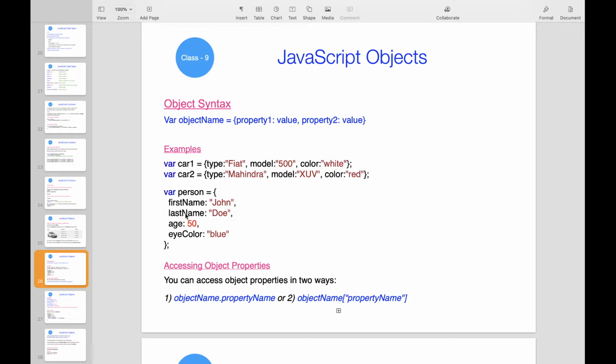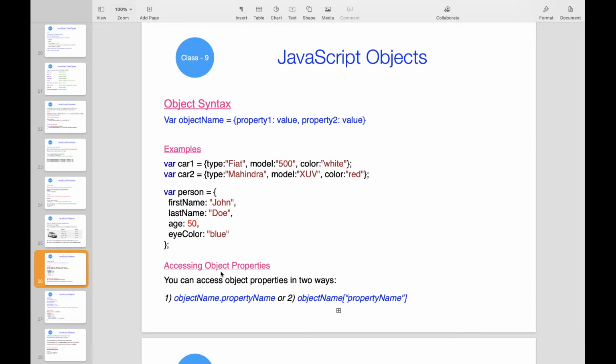If you take a human having some properties, let's say first name, last name, age, color. Whatever is related to a complete object, we write like this, as key-value pairs or property-value pairs. We call this key colon value, or else property colon property value. So an object is a set of key-value pairs. For example, for a human, like this, for a person. This is the syntax of an object.